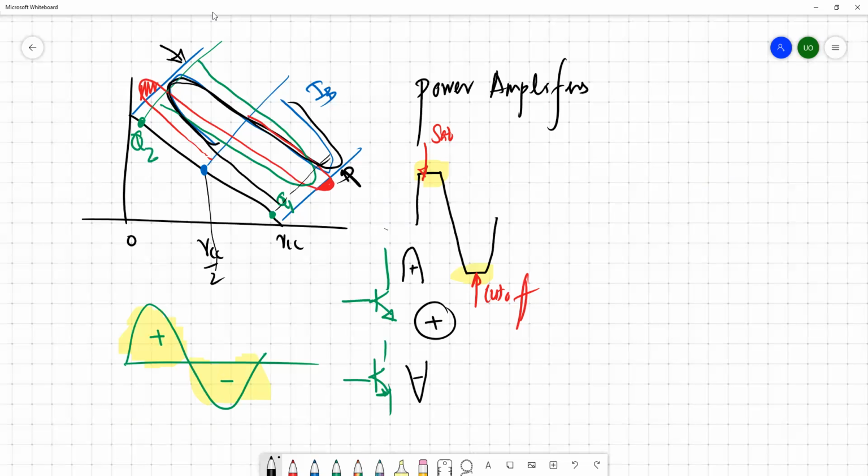So likewise, you can have a broader picture of the operation of these transistors, especially in the active region, and see that we can do something